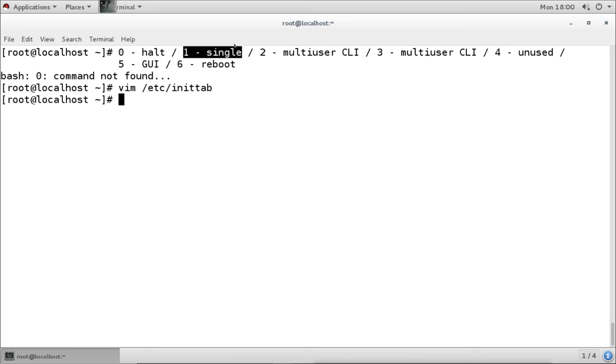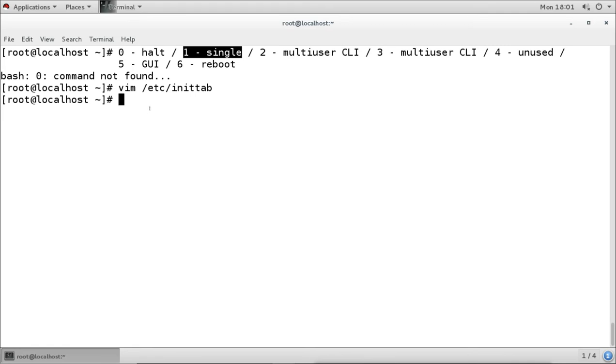Now in RHEL 6, this single user run level 1 was for the root user, and only the root user could log in, no other user, and it could log in without any password. But now in RHEL 7, we still have rescue mode, which comes from rescue.target, and it is also the same as single user mode, where we don't have multiple services running and only the important and required services are running with only a single user, that is root.